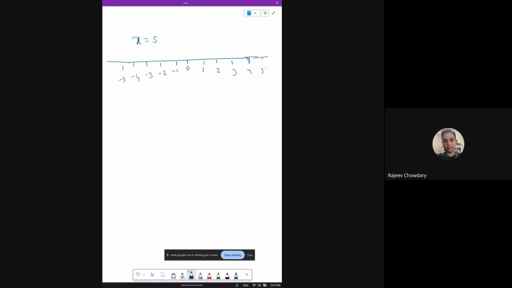Right? When I say x is equal to minus 5, what does that mean? Do you agree? This is 5. X is equal to 5, right? Awesome. If I say x is equal to minus 5,